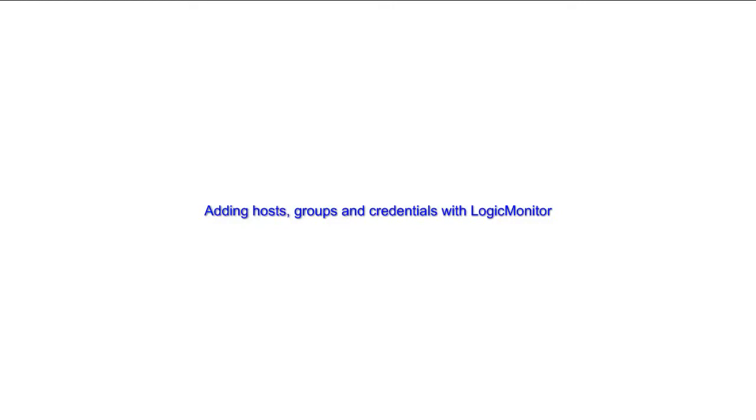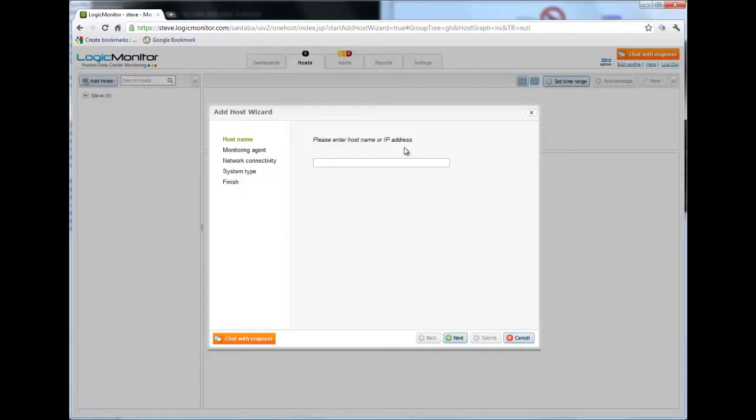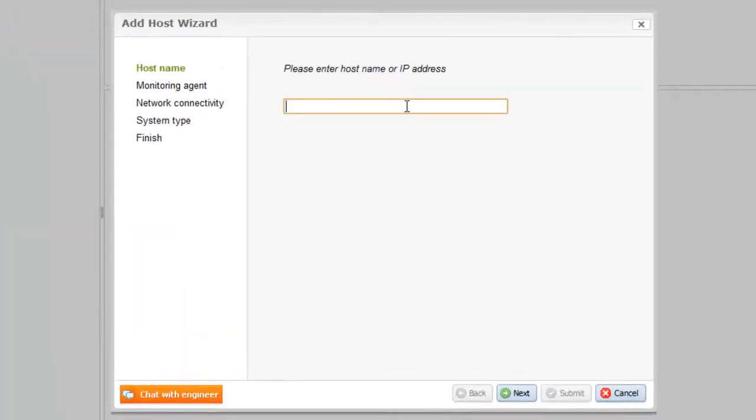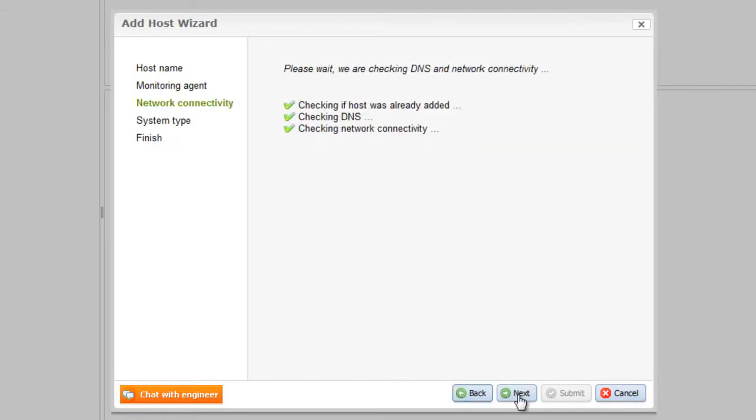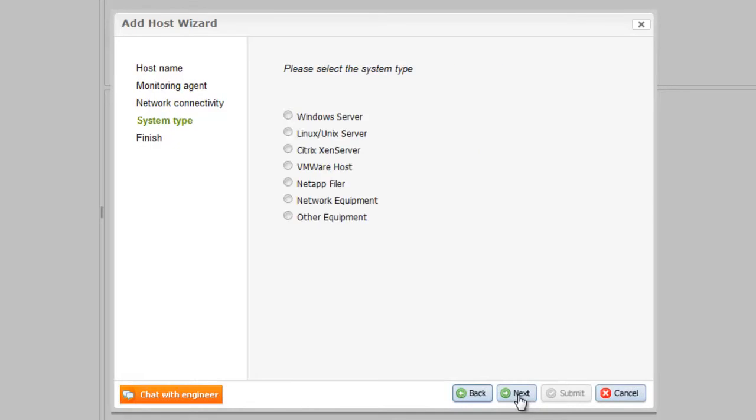We're going to cover how to add hosts, create groups, and set credentials with LogicMonitor. After the account setup wizard runs, you'll be left at the Add Host wizard. Simply enter the IP address or DNS name of the first host you wish to monitor, click Next, and click Next again. LogicMonitor will do a series of basic checks, and assuming the default community of public does not work,